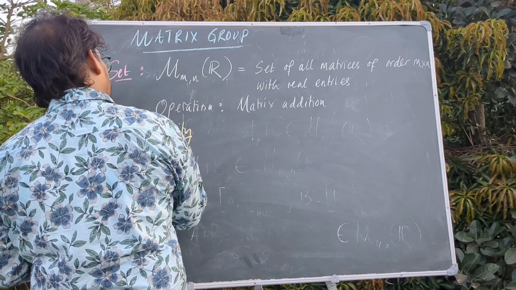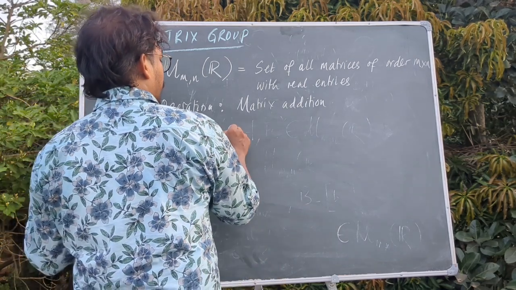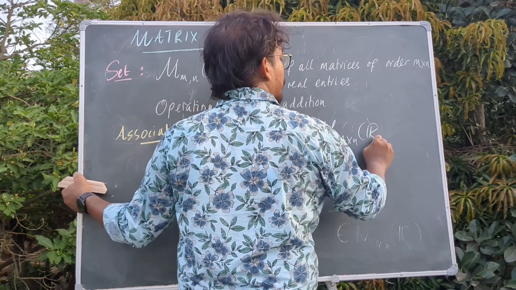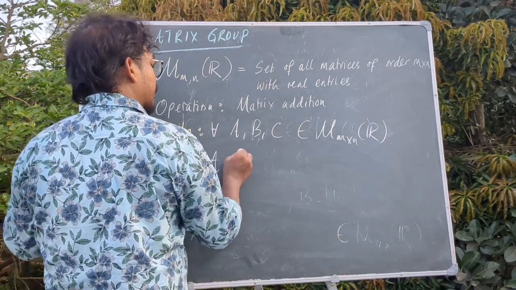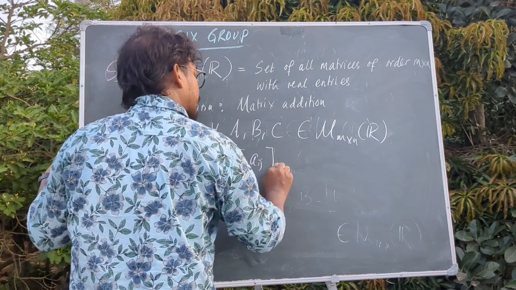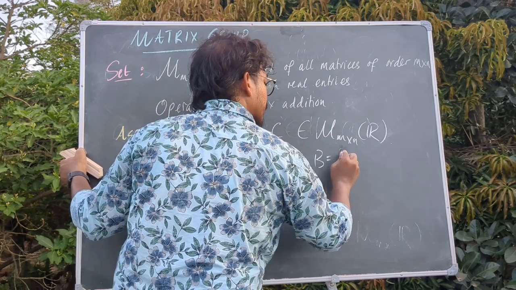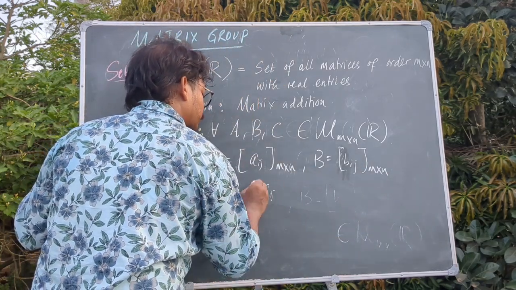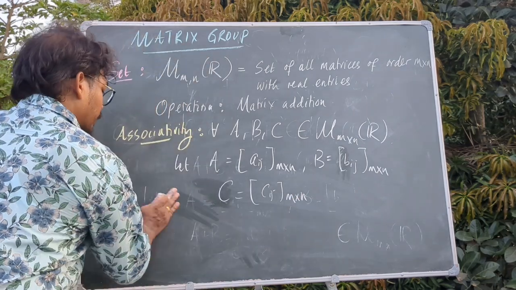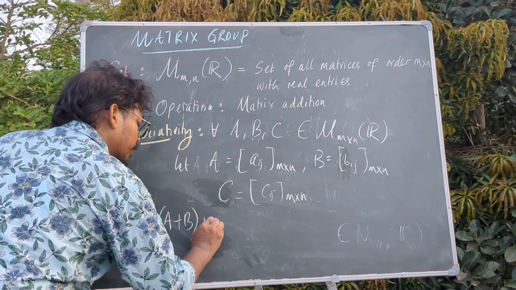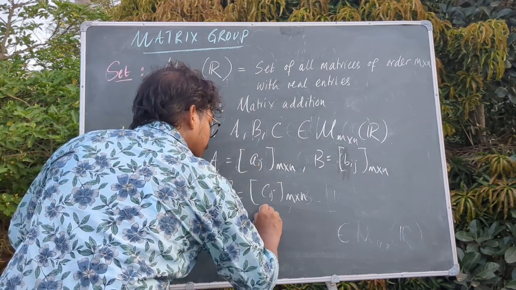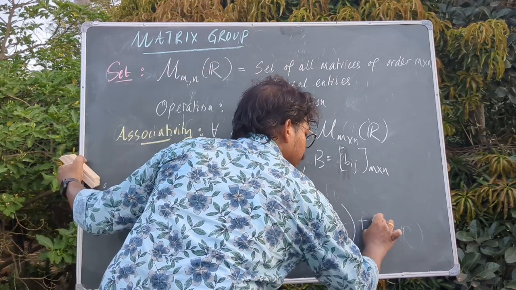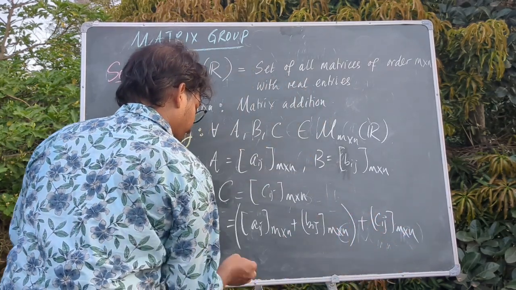Associativity. Let A, B, C be three matrices with entries from the set of real numbers. What is A? Let A be Aij and B be Bij and C be Cij, small Cij, m over n. We have A plus B plus C equals Aij m over n plus Bij m over n plus Cij m over n, and this is same as